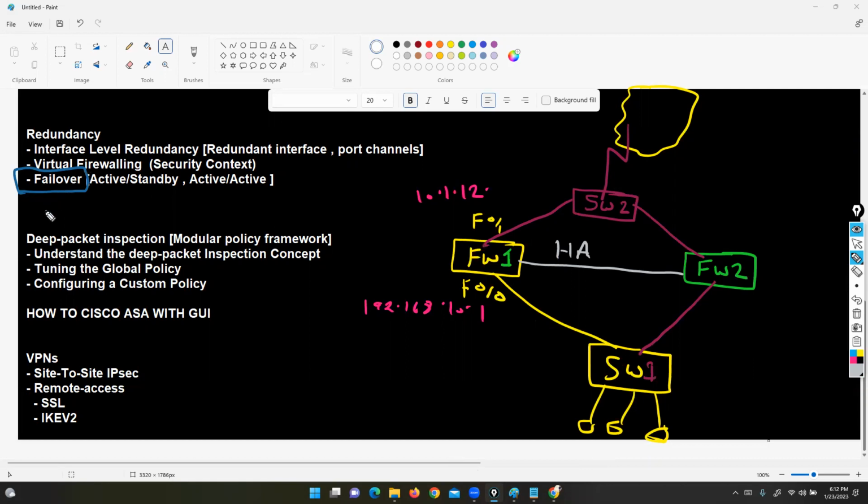Now, if we talk about failover, we have two modes. We can discuss two modes. The first one is called active passive mode. In active passive mode, one device is acting as an active firewall box, and the next device is acting as a passive box, or standby, you can say. You can say standby device. So in active passive, you can only utilize one firewall box. The rest of the firewall in this high availability, in this failover, is acting as a standby,